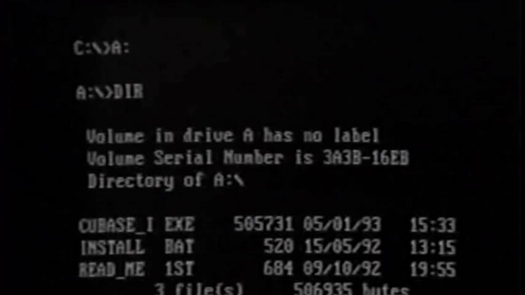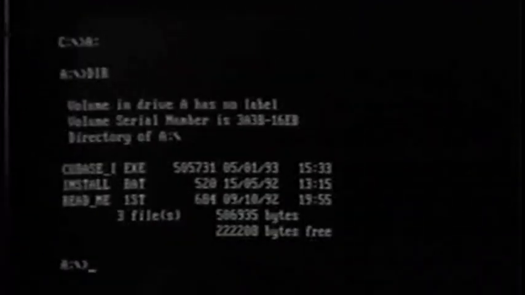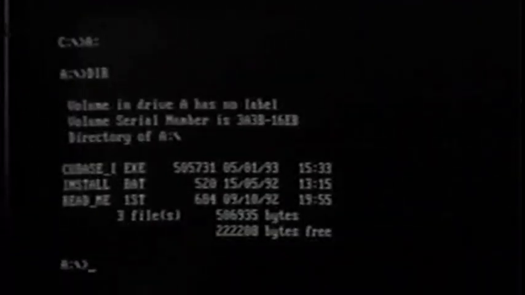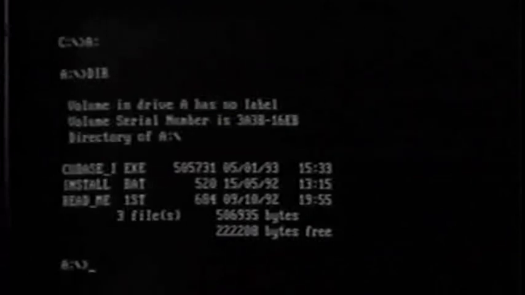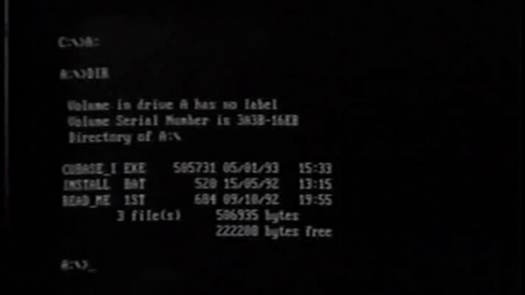The next thing we need to do is to actually address the directory. So if we type in dir and return, this will give us a list of the directory. Okay, we can see a choice of 3 programs: the Cubase.exe, the install.bat, and the readme first file. What we need to do is actually run the install.bat, that's batch file. So by simply typing in install